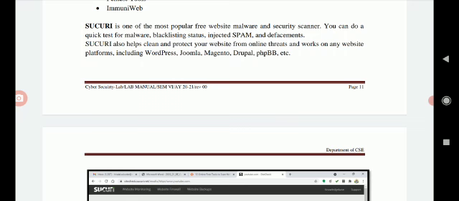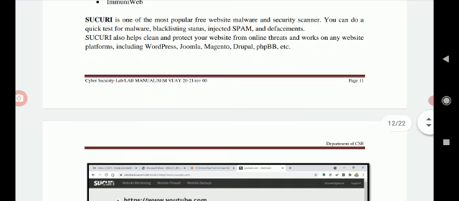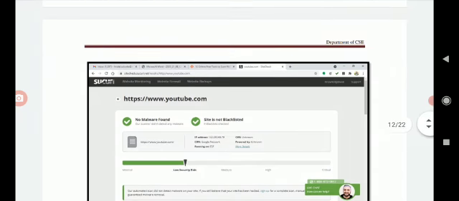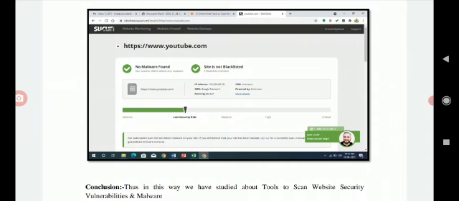So how are we going to use this tool? We just have to put sucuri.net in the URL bar. You will get this kind of interface, and the website you want to check, to see whether it is infected by malware or not, you just put in this URL interface.